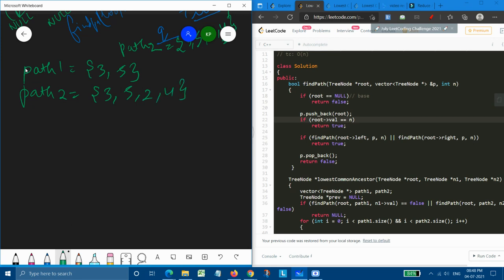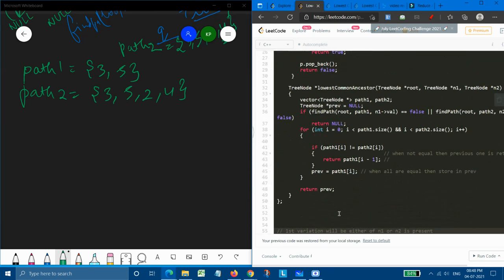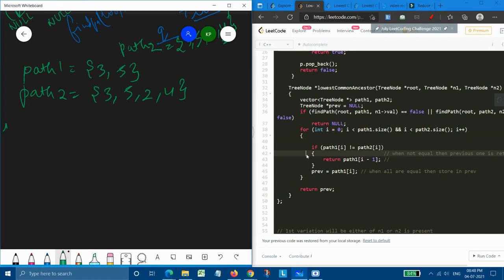Now we need to traverse both of them, according to this function. So now at i equals 0, the size of this is 2 and the size of this is 4.